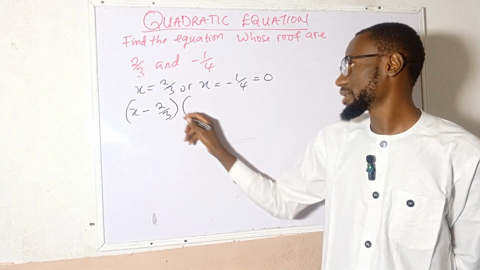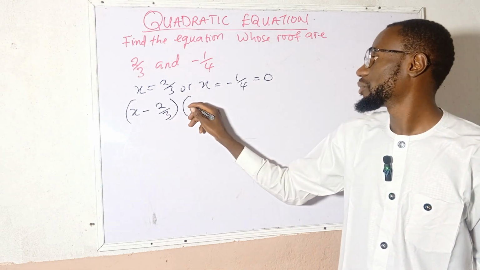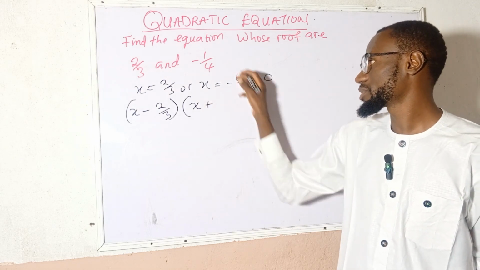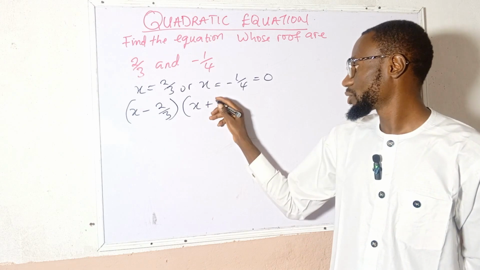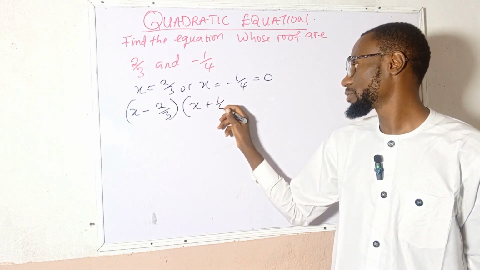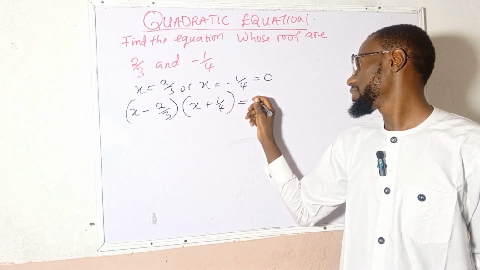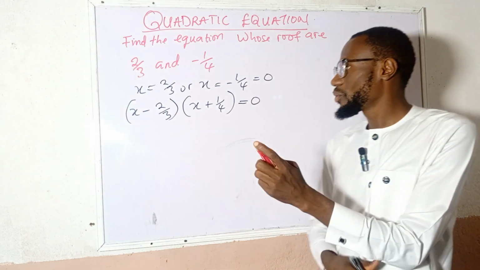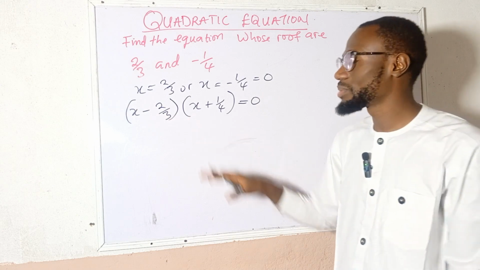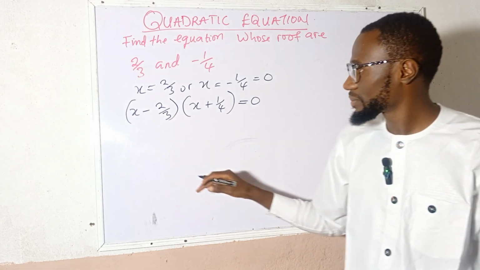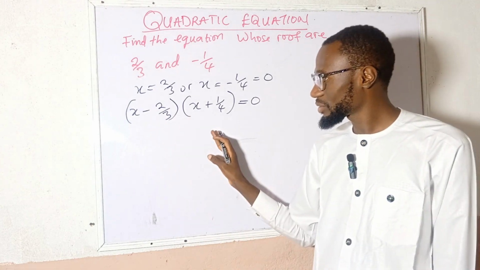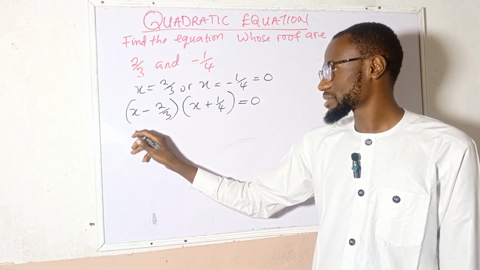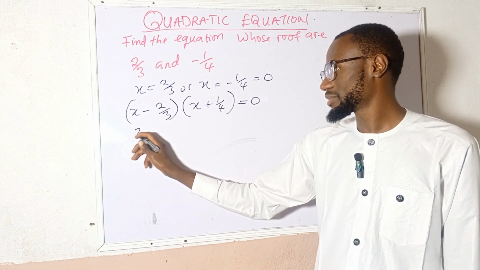That is, you can take another equation here. We have x plus, when minus 1 over 4 is taken to the left hand side, it turns to plus 1 over 4, all equals 0. Then the next thing to do, we are going to simplify the two brackets. Remember that in the quadratic equation, we can simplify this as 3 times x. We have 3x